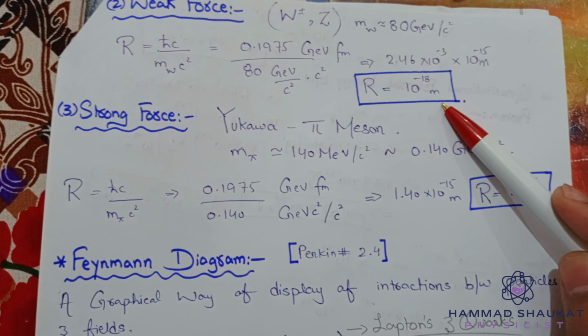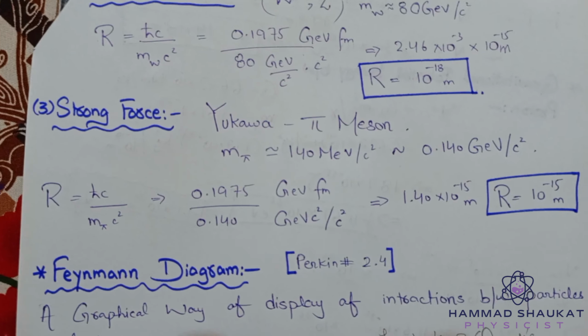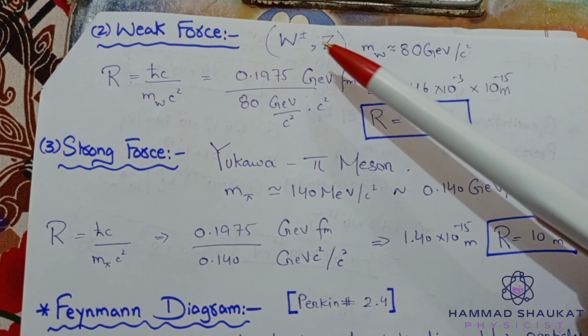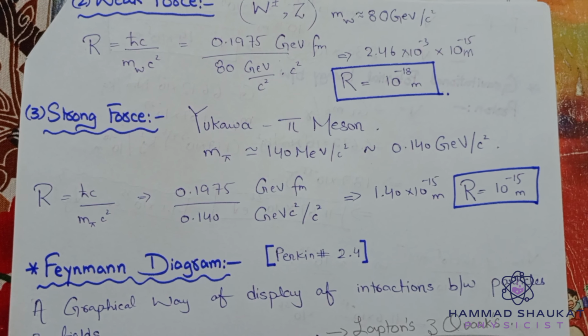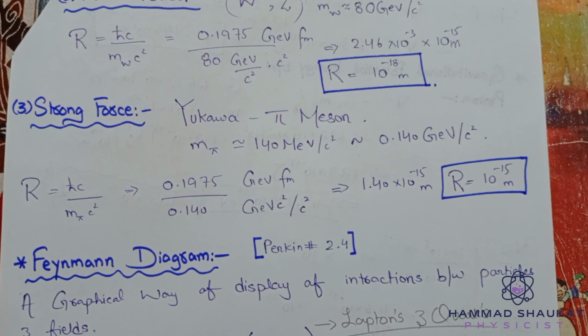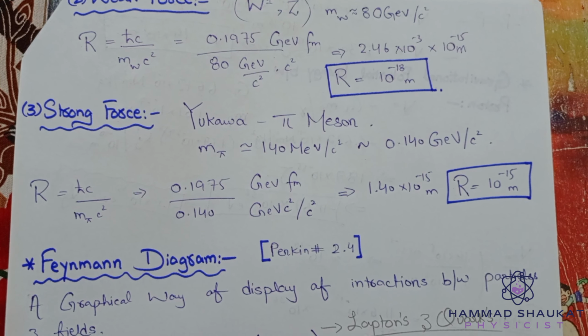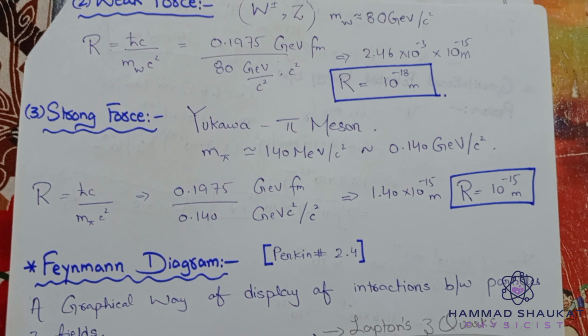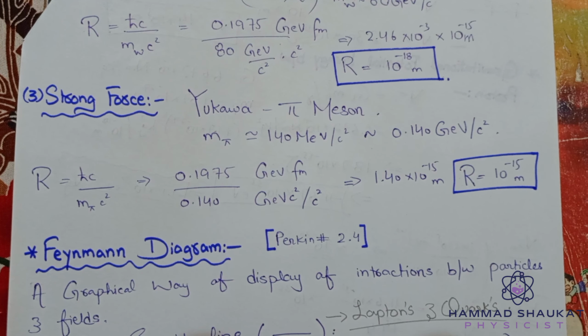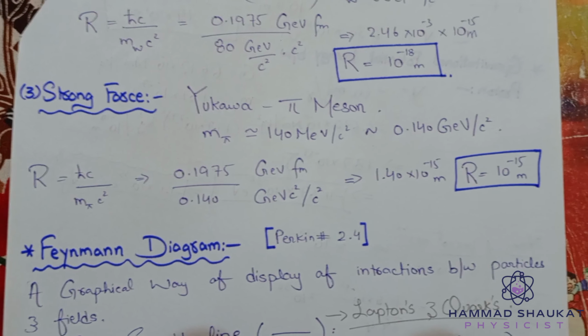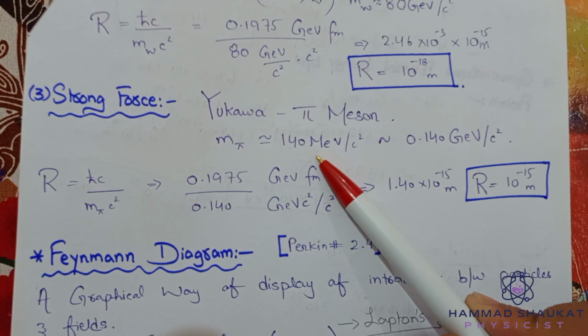Similarly, we will calculate the range for strong forces. Likewise, we take some examples for weak forces. You will again take some examples for strong forces. So let's take an example for strong force, which is the Yukawa pi meson. The Yukawa pi meson is a strong interaction. The calculated mass of this pi meson is nearly equal to 140 mega electron volts